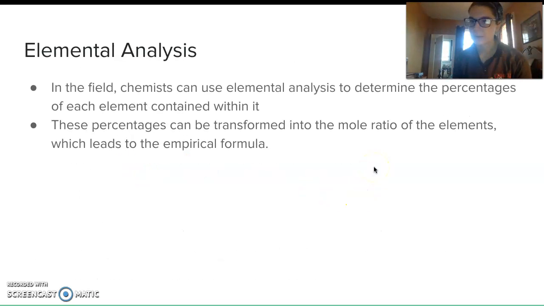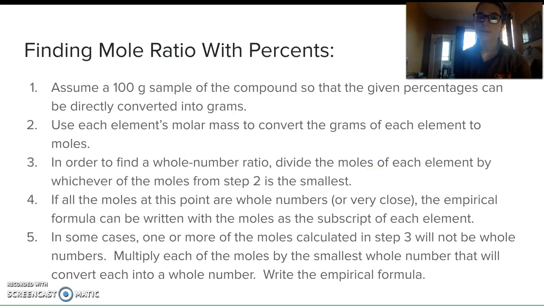In the actual chemistry field, like in laboratories and different studies, chemists can use elemental analysis to determine the percentage of each element contained within it. So this pops out as a percentage, which is what we've been working to find. These percentages can be transformed into mole ratios of the elements, which leads to the empirical formula. So these are the steps we're going to use to find the